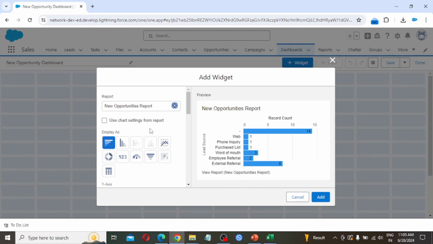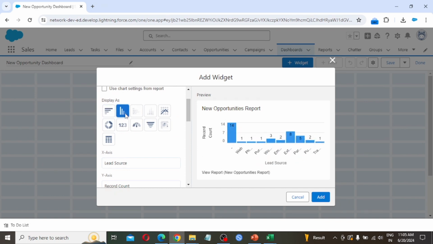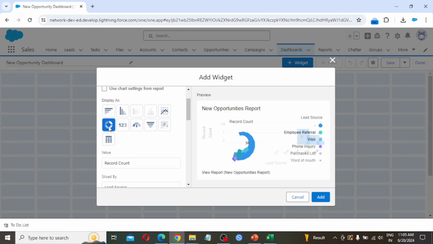Now it gives the options for selecting Display As: horizontal bar, vertical bar, donut chart.